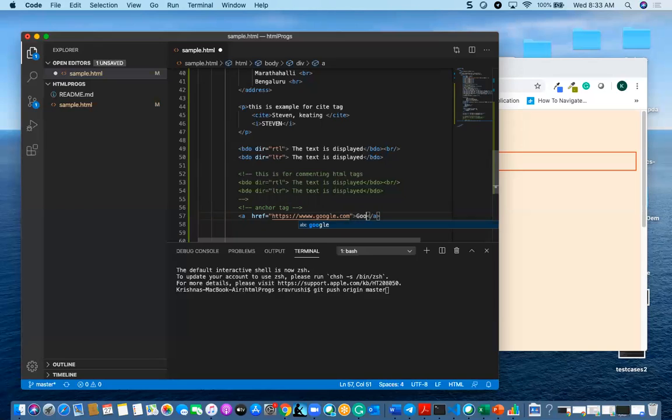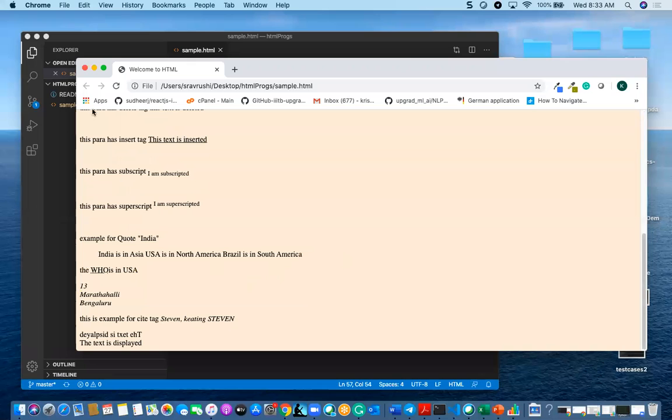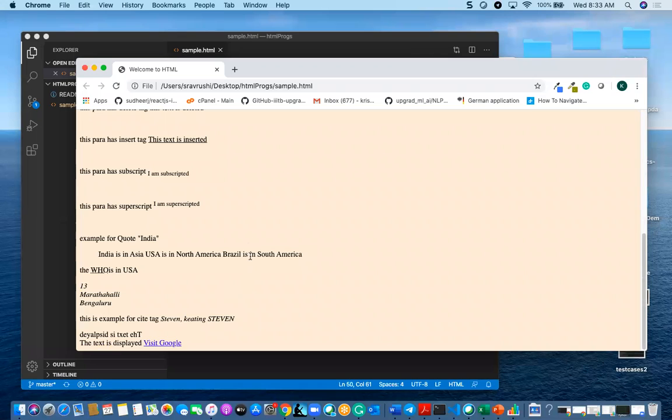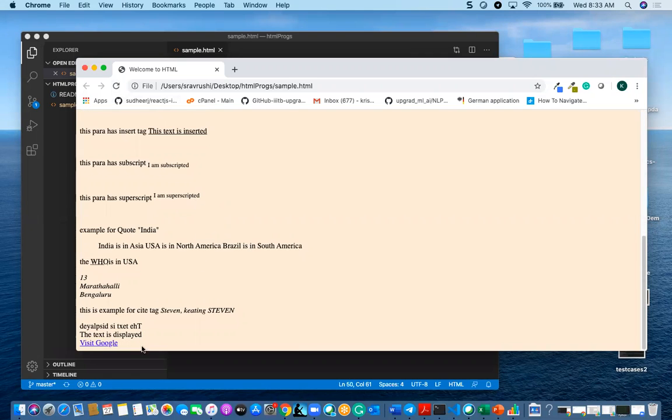So I am going to give some text, Visit Google. Once I do this, you will be having this one here. You will find this widget Google.